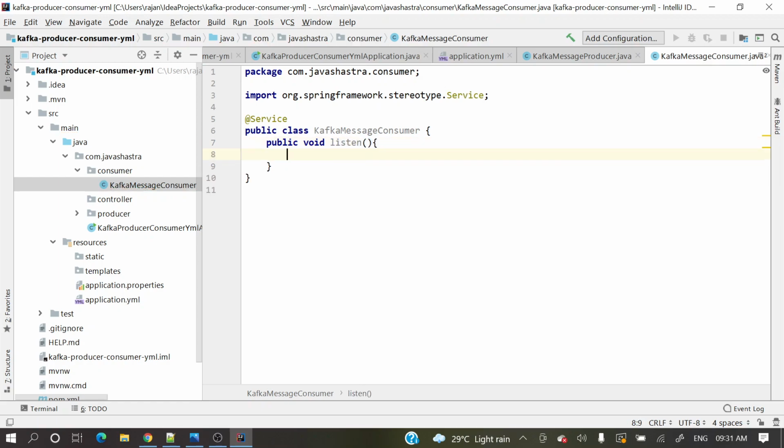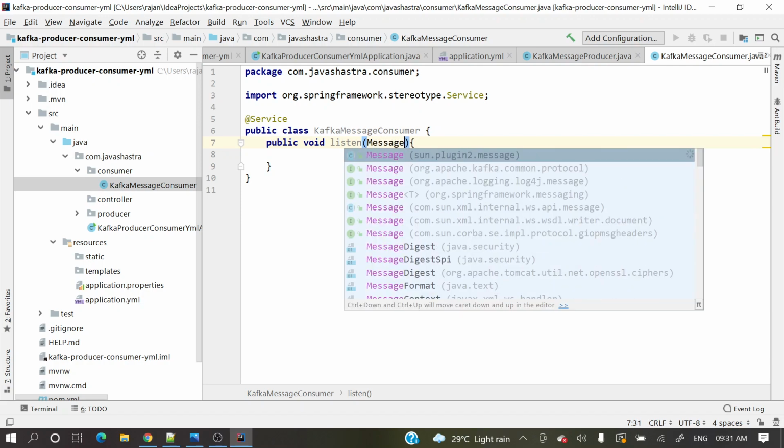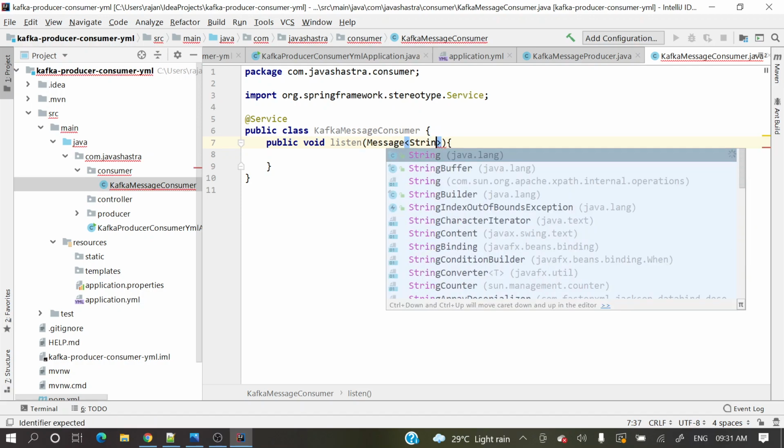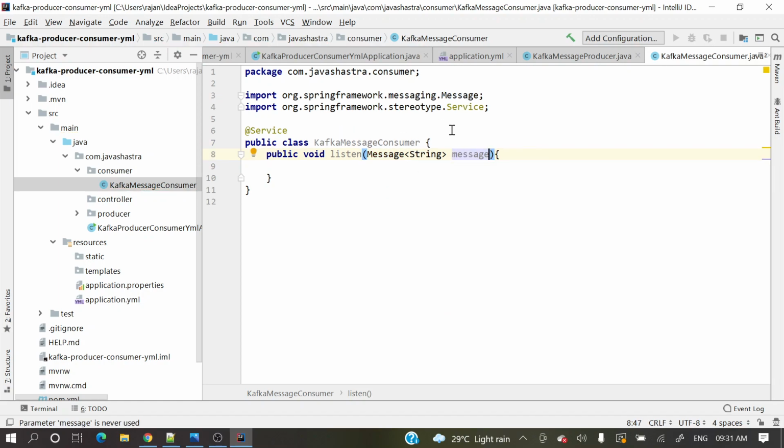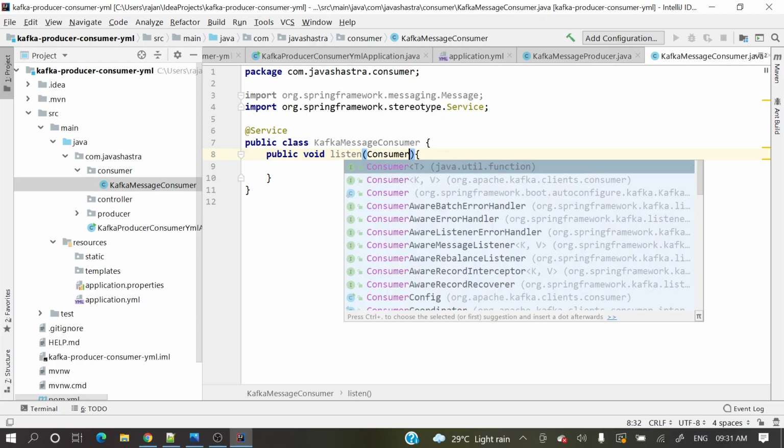Here we can have the message directly as a string, or as a Spring-specific Message with a String payload. This Message is from Spring, so this is also fine. Or if you want Kafka specific, which is more generic, ConsumerRecord.